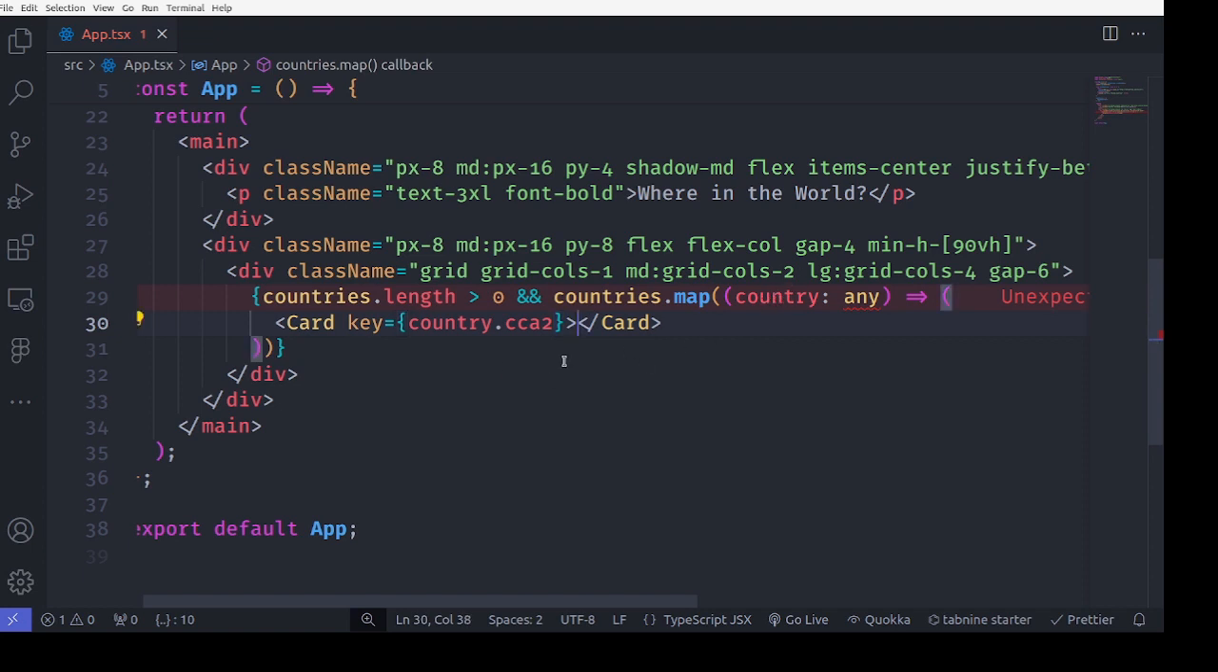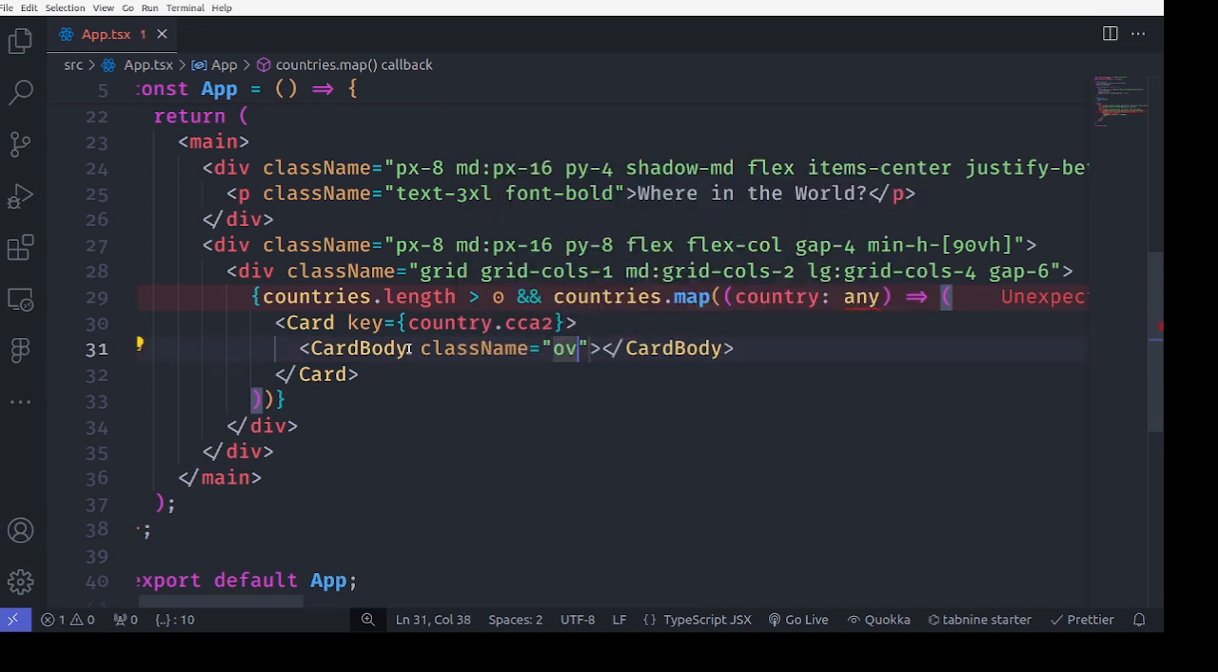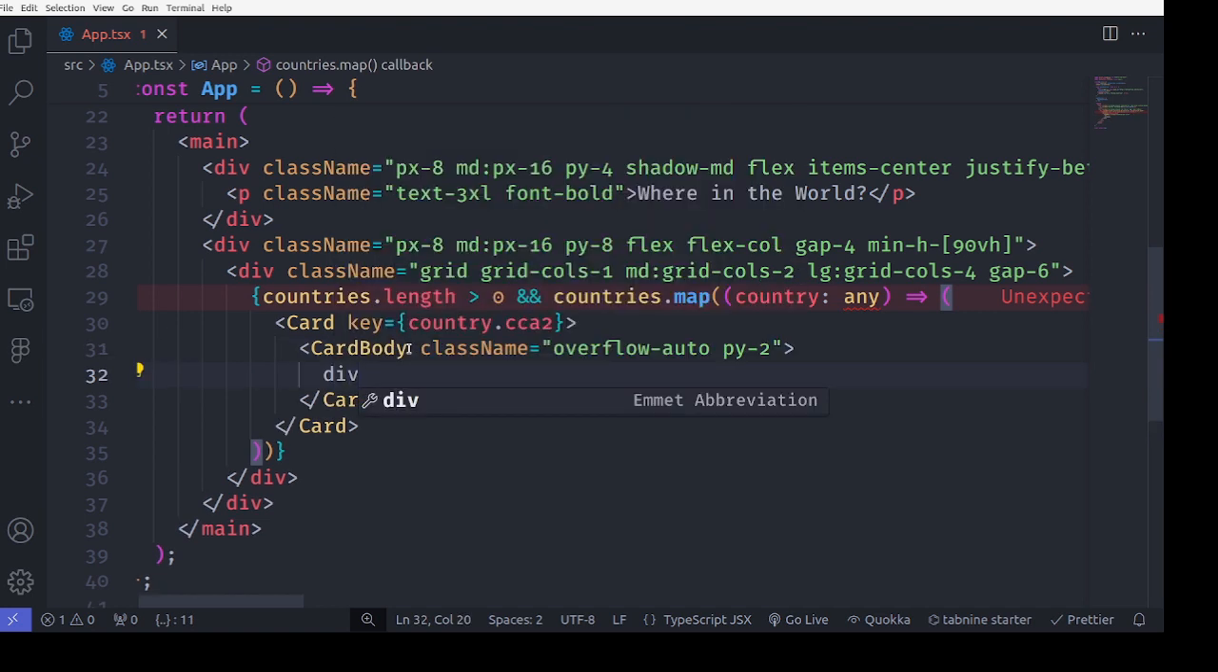Now inside that Card we'll open the CardBody, and this CardBody also comes from NextUI, so we'll import it. This CardBody will have className overflow-auto and py-2. Inside this CardBody we'll have one div element, and this div will have the className w-full and